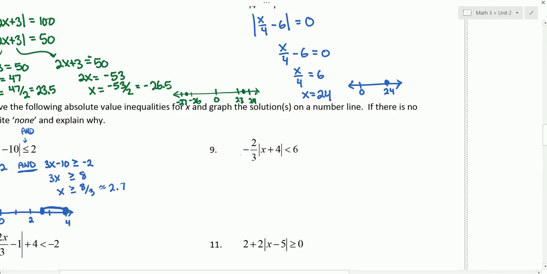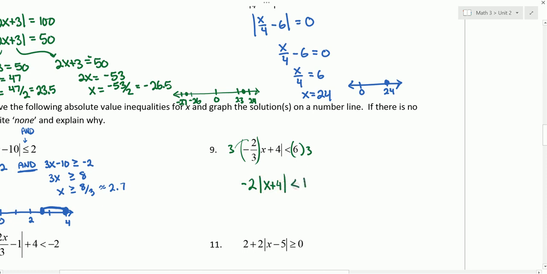Number 9, we have negative 2/3 absolute value of x plus 4 is less than 6. Here we want to get rid of that negative 2/3 first. So I'm going to multiply both sides by 3. When I multiply the left-hand side by 3, we get 3 times 2 divided by 3. Well, 3 times 2 is 6. 6 divided by 3, we end up getting 2. And it's still negative. Absolute value of x plus 4